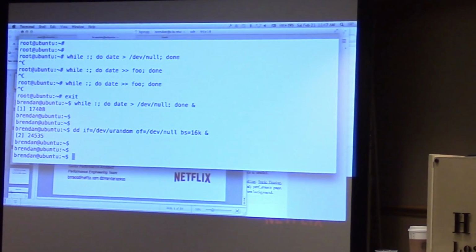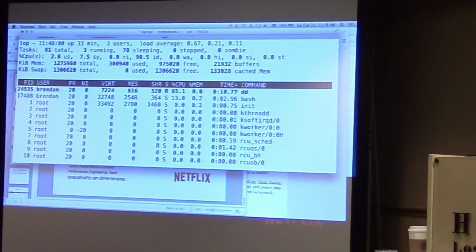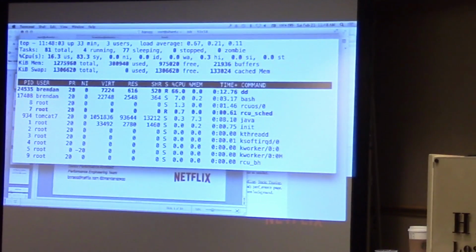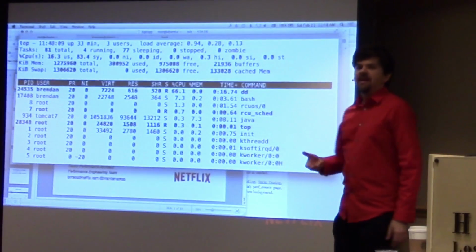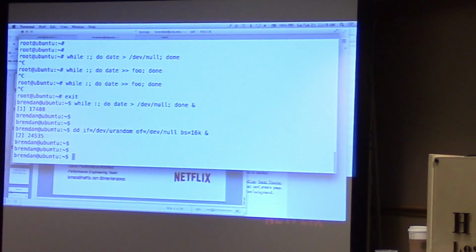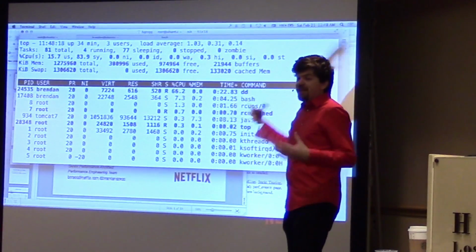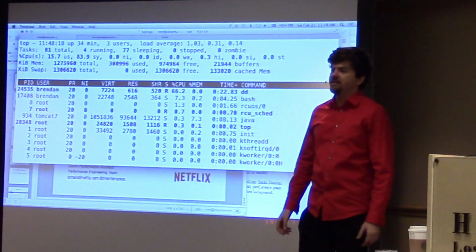Which of these is going to consume more CPU? Well, that's easy. I can just run top and say, oh, it's dd. dd is consuming far more CPU than the date command, right? Well, we don't really know, because top works by taking snapshots, and an infinite loop of short-lived processes, like those date commands, aren't shown because they're all short-lived, but they could actually be consuming more CPU than dd is.